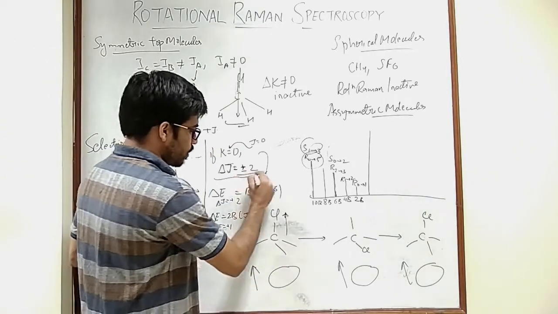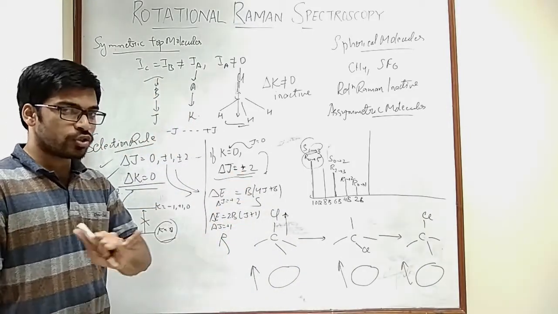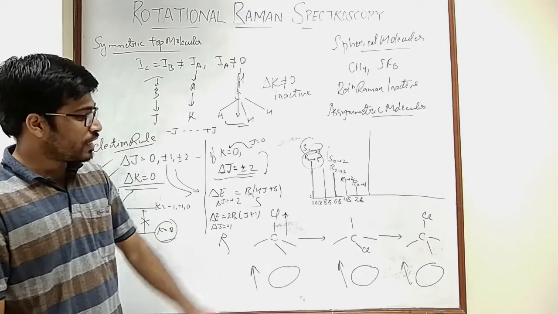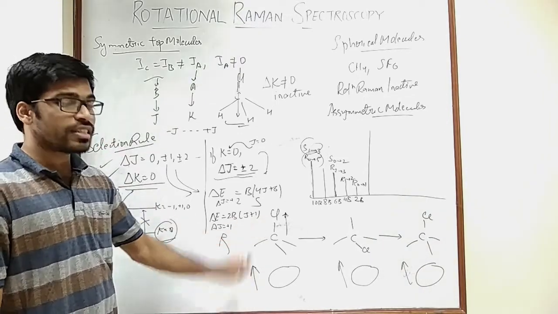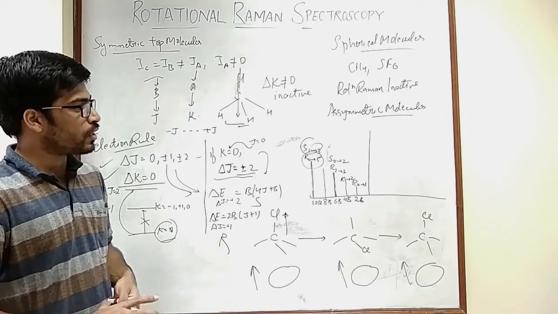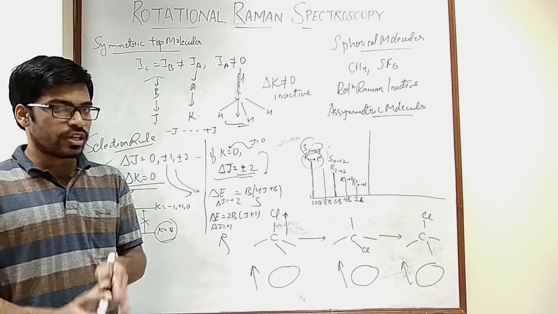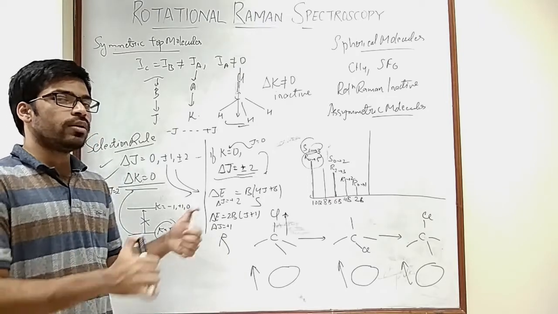That is why, just by the logic that we had used for diatomic molecules, it's going to be delta J equals plus minus 2. And if you see carefully, the rotation here is not along the C-Cl axial bond. Okay. Fine. Now we'll start with the questions that we have. 3 to 4 questions have come in the last 1 to 2 years. We'll start with that, and we'll move on to the older questions.